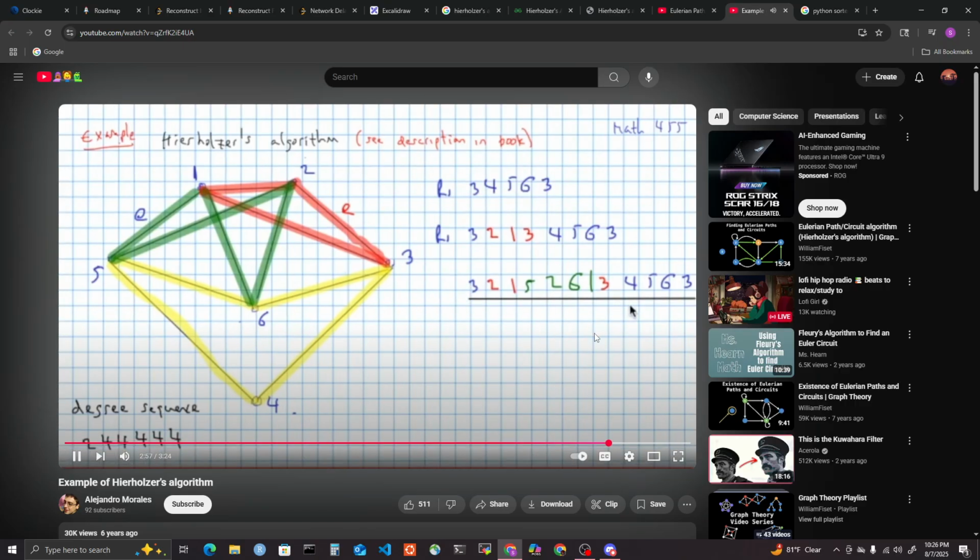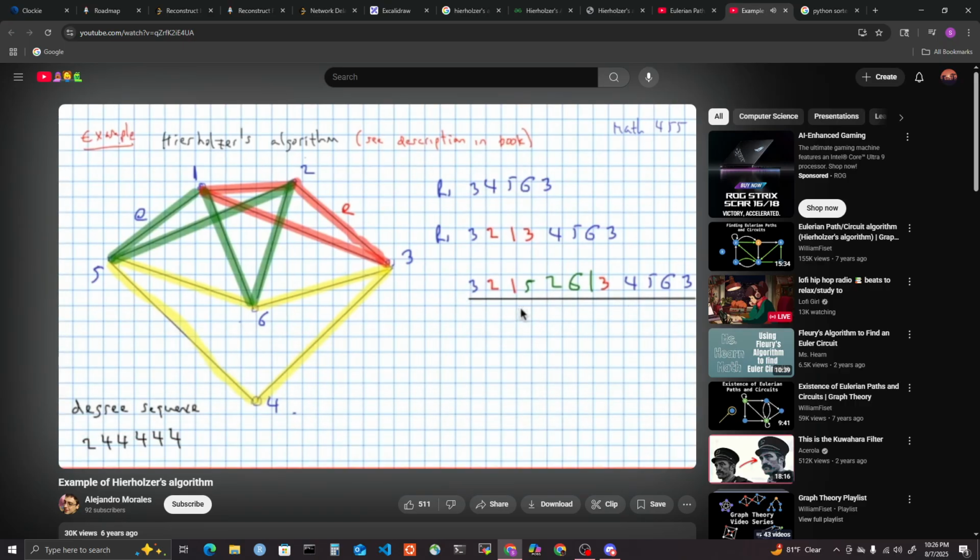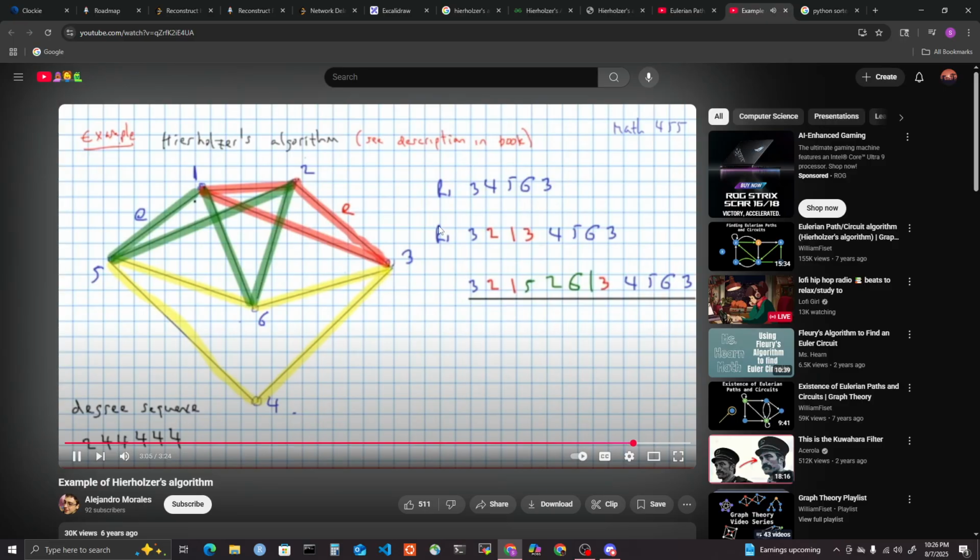So let's check that this indeed is an Eulerian circuit. So I start at vertex 3, I go to vertex 2, I go to vertex 1. So then it